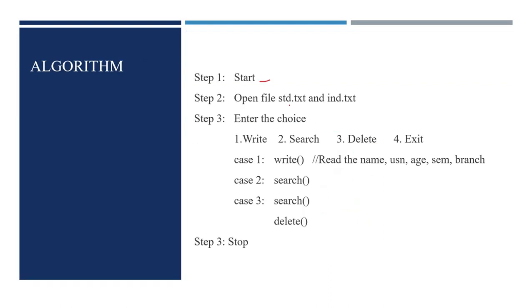For this, we need two different files. One is a student database or student records file. Another is an index file. That's a simple index, a primary indexing. And the user is given the choice to write, that is nothing but add a record, search and delete the records. So let us see the class